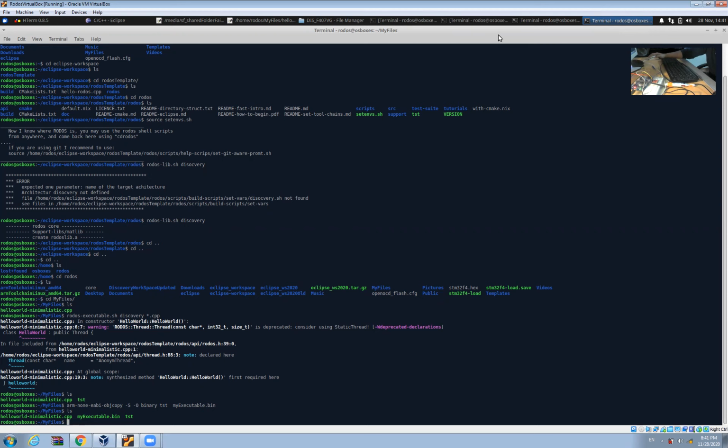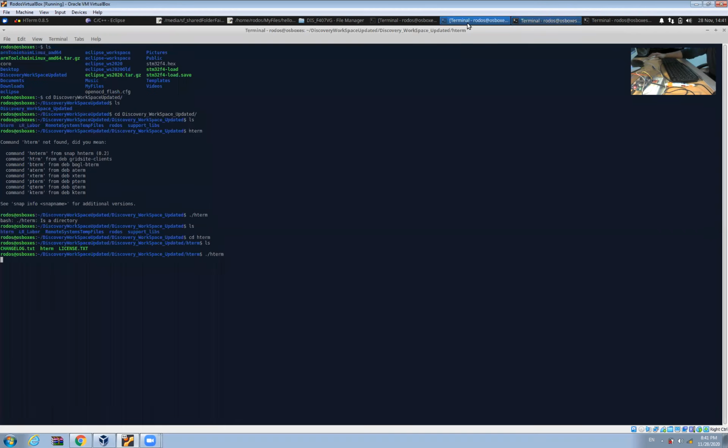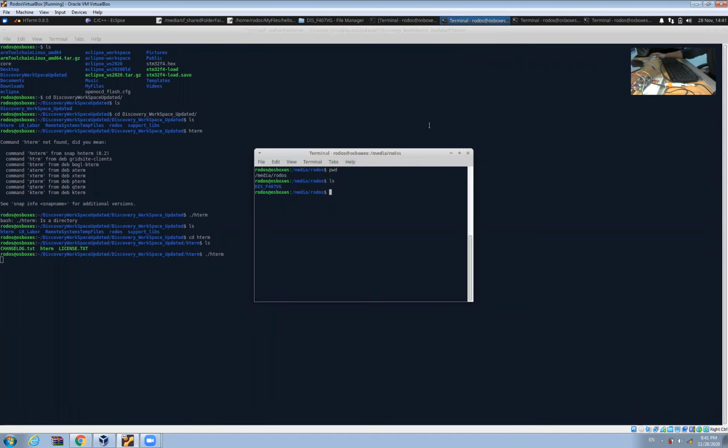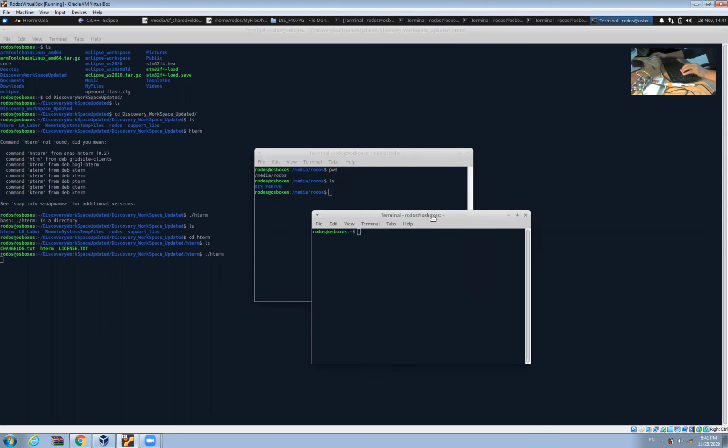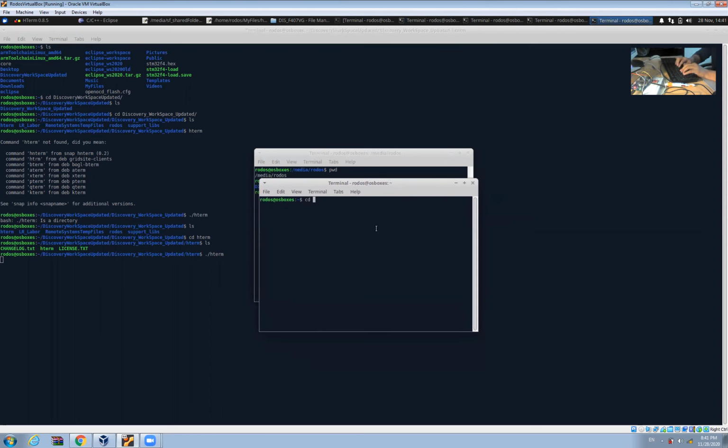If you go to this location, for example, here I can go again with this terminal, change directory to media, go to one location back after home, change directory to media, and now change directory to Rhodos.